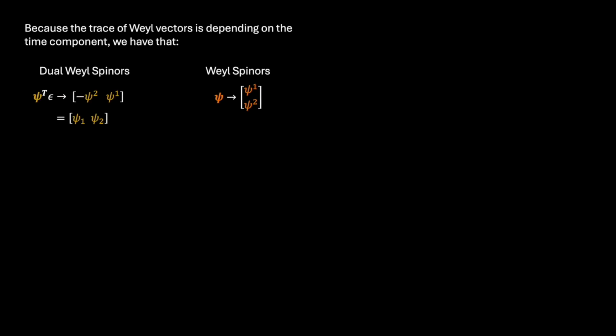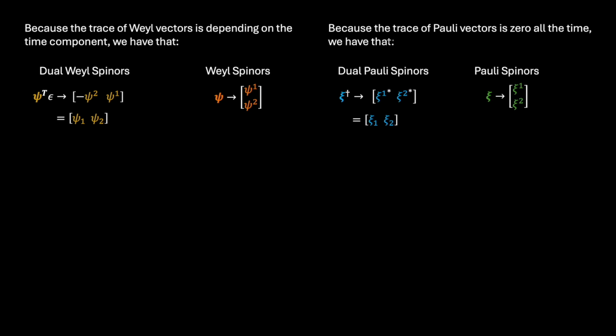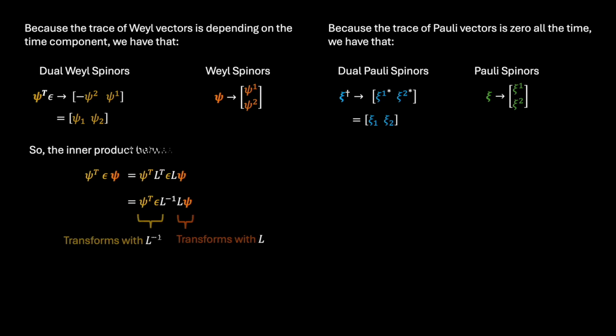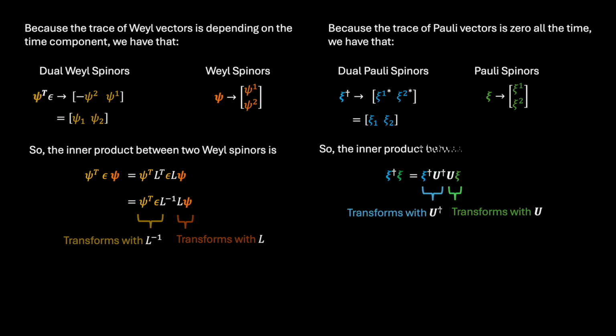There's a lot of math going on here, but bear with me on this. So we have that because the trace of our Weyl vectors is not always 0, dual vectors take the following form. We just apply the spinor metric. We transpose this because dual objects are typically regarded as row vectors. Contrasted with Pauli vectors, we can see that taking the Hermitian is all that is needed because this takes care of the transposing. We can see that dual Weyl spinors transform with the inverse of our special linear matrices, and